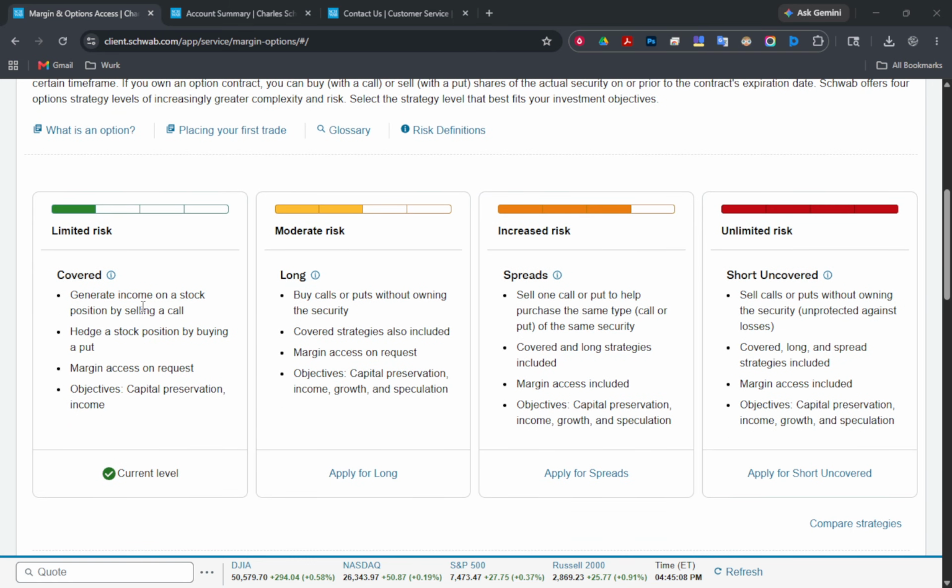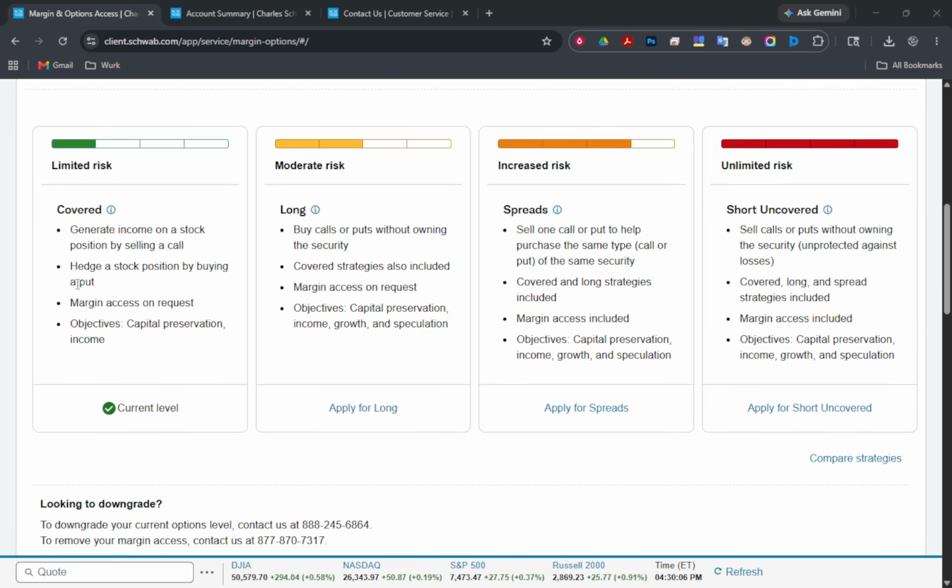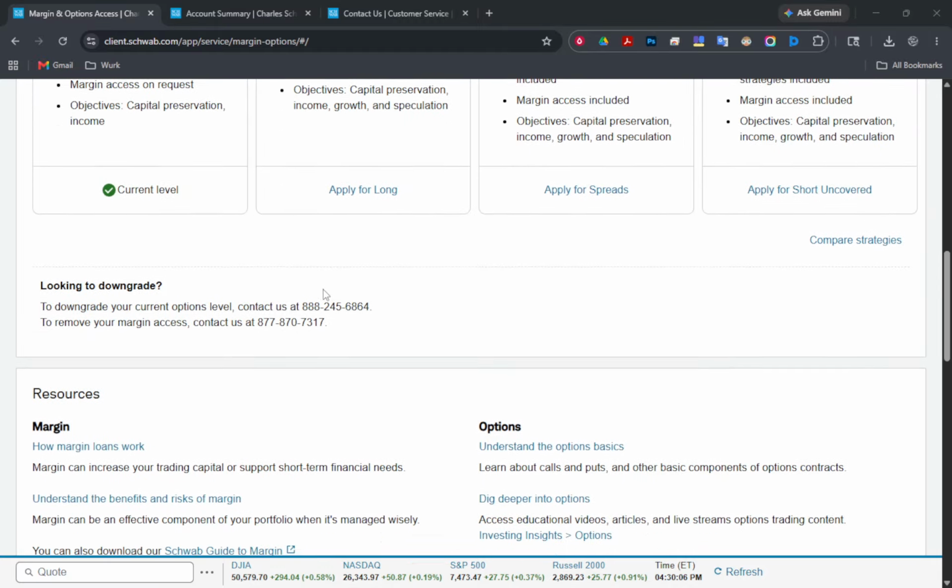Think of it like this. With a regular cash account, you can only invest the money you deposit. With a margin account, Schwab may let you buy more than your cash balance by lending against eligible securities. For example, if you deposit $5,000, you might be able to purchase around $10,000 worth of positions, depending on requirements